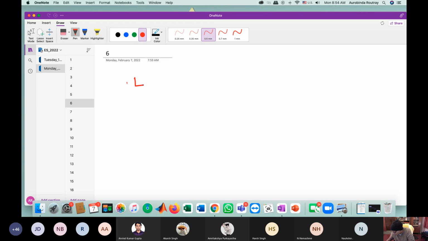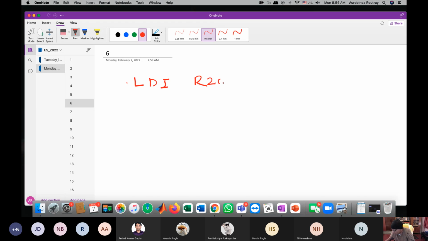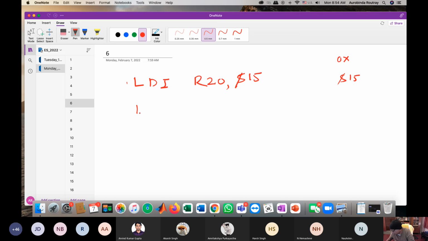Let me write like this. LDI R20, $ means this is a decimal number. The 0x is a hexadecimal number. If you put a dollar symbol, it is a decimal number. You can see. Then LDI